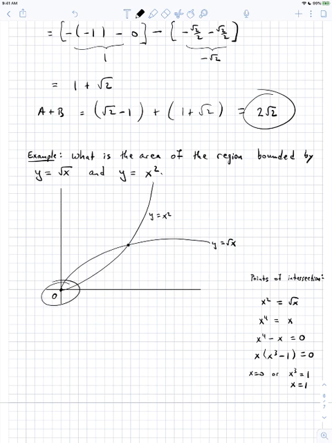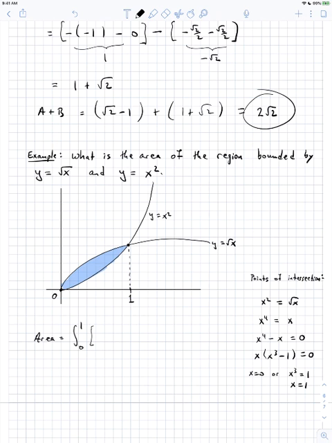x equals 0 is the first point of intersection. The second point of intersection is 1. We're interested in the area between these two curves. So that's this region right here. We're interested in the area between 0 and 1, between the two points of intersection. Well, now we know what our smallest x is and what our largest x is. So the area is equal to the integral from 0 to 1, and we just have to find out which